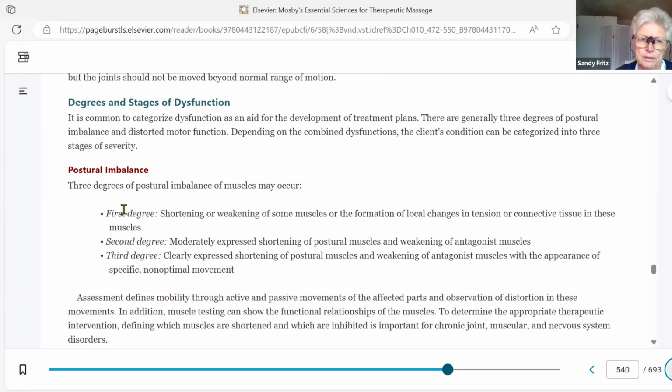Generally, if a person is just beginning in these stages of dysfunction, first degree, massage therapy can be an important part of sorting that out and getting back to optimal function. But when it starts to move into second degree and third degree, then it's going to be a more complex